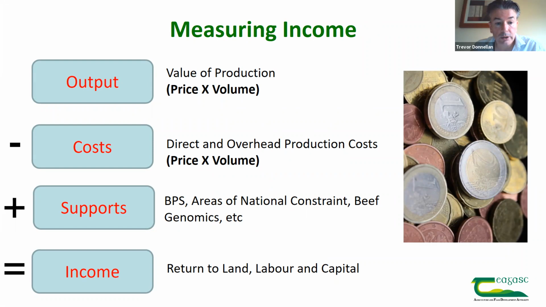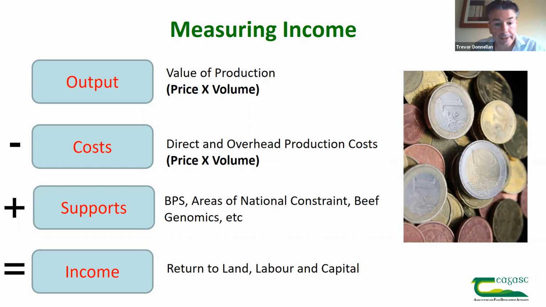Against that, we deduct the costs of production, whether those are direct costs or overhead costs. We also then calculate the support available for the particular farm type, and that ultimately gives us an estimate of farm income. And that estimate of farm income is the return to land, labour and capital for that particular farm